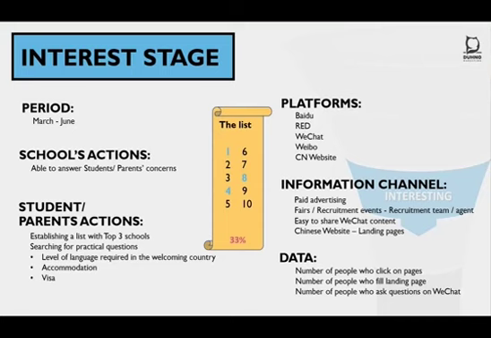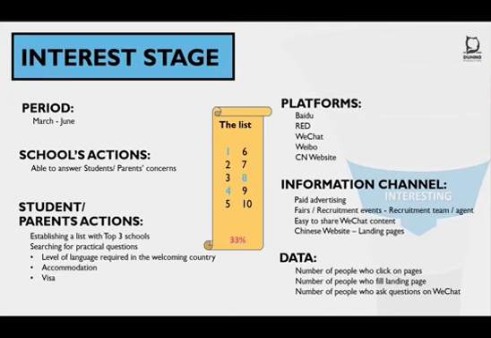The platforms at this level: we maintain Baidu because many people will do some research, so it's really important to be present at that moment. Xiaohongshu still has a big presence, especially for user-generated content, so the alumni of the school can help answer what real life is like in that city, in that school. What is life looking like? What kind of engagement can you have? Then still WeChat and Weibo, really important platforms for communication at this level, and the Chinese website, or the global website if you have a global website that actually performs properly in China.